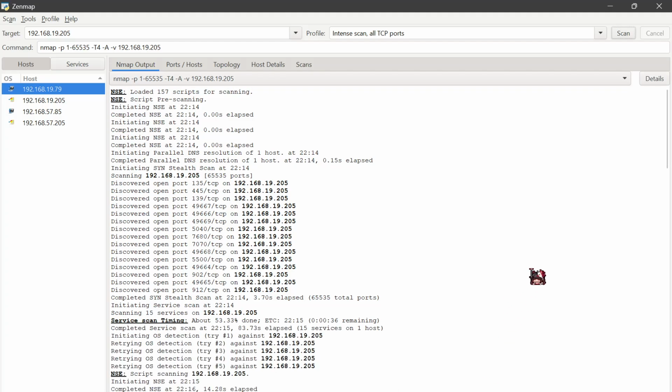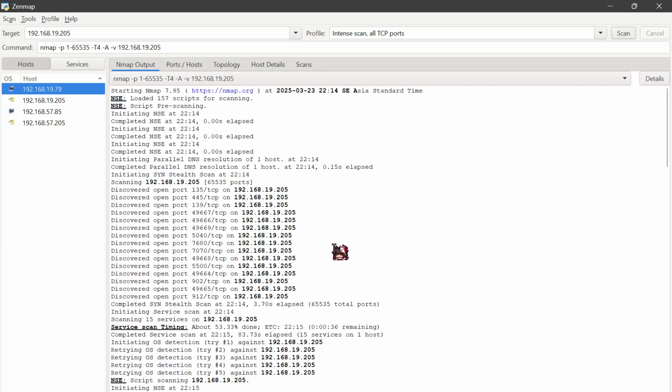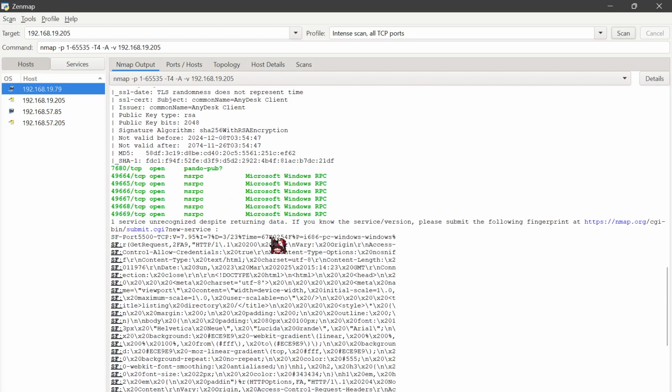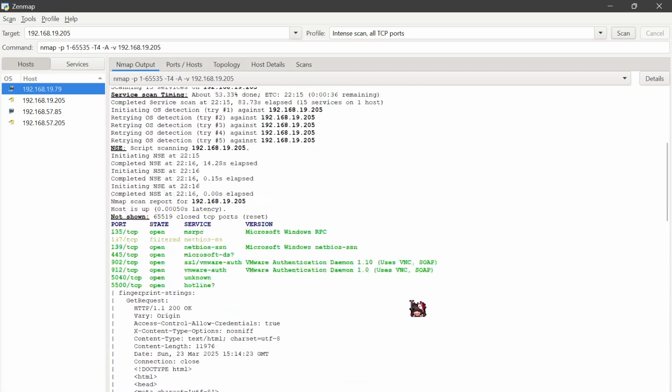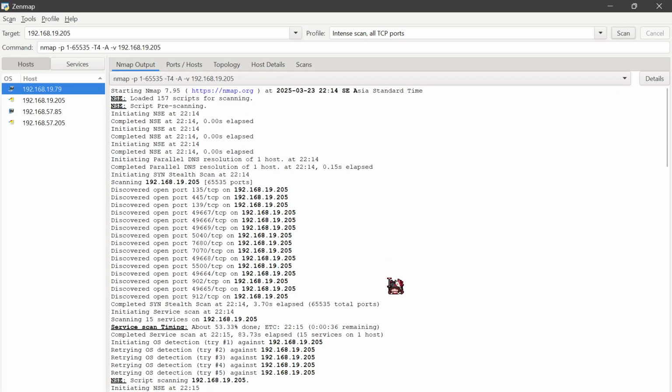After we wait a moment, we can see the output is done. The result is more detailed than the last one, intense scan, because this profile includes the hidden or non-standard ports. So it's just a little bit more detailed than the last one.